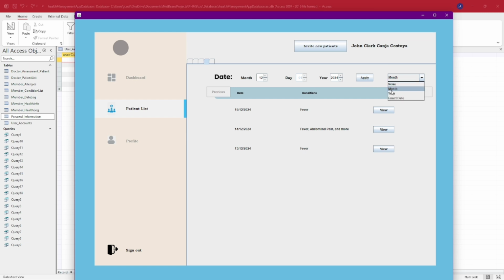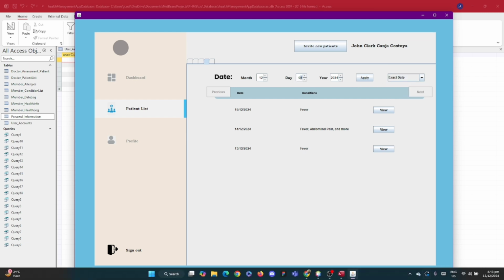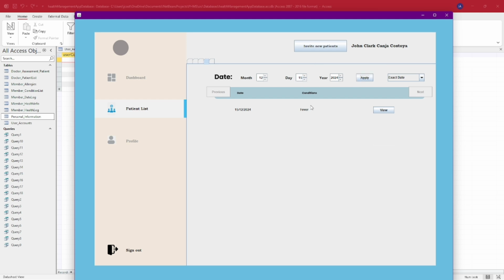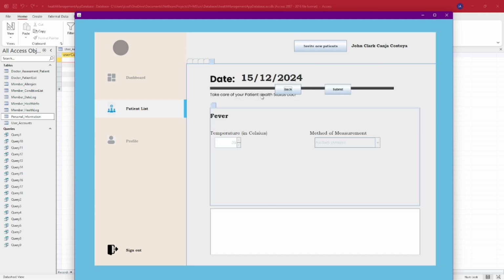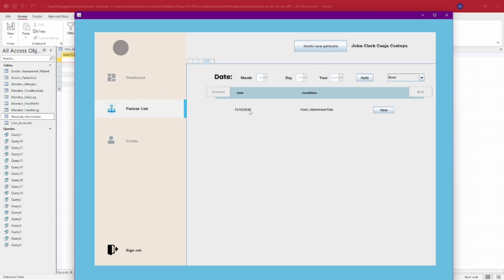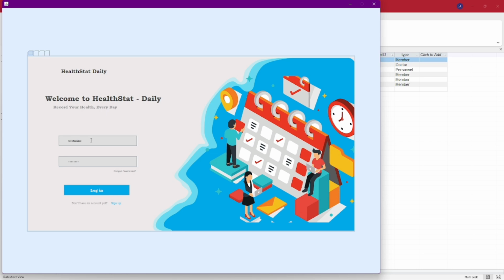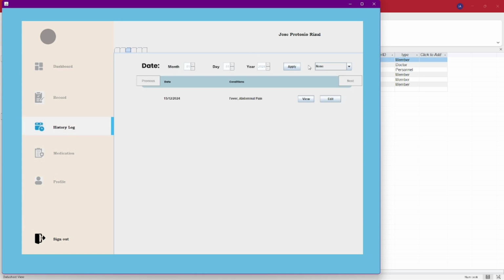The filter works fine. So let's say exact date today. Today's date is 15. There, that's my record from earlier. There's a result, I think the only record of Result. So the filtering works by month, year, and subject. That same goes to the user. So let's say 3. There's a filtering also here, and there's month.